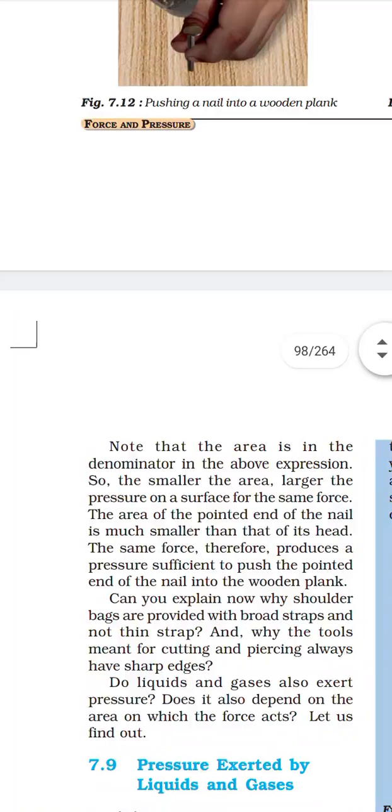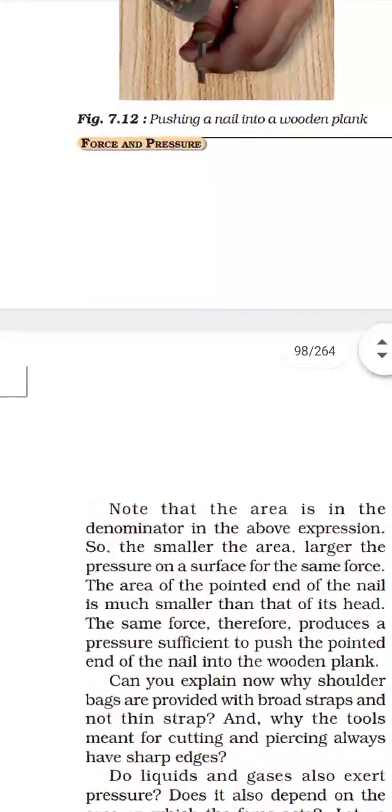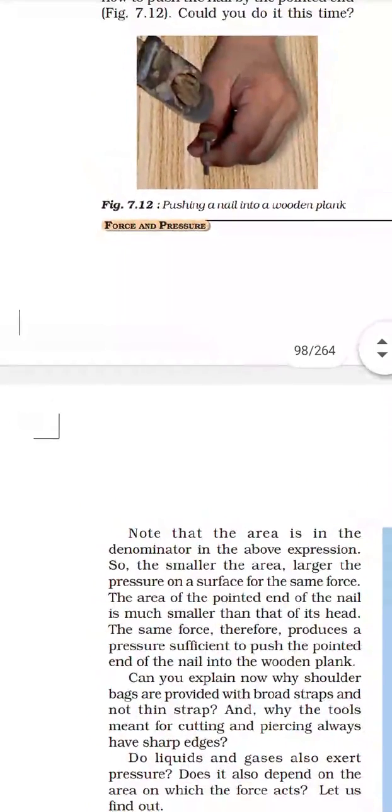Can you explain why shoulder bags are provided with broad straps and not thin straps, and why the tools meant for cutting and piercing always have sharp edges? Do liquids and gases exert pressure? So we all know that if you take a pin and try to apply force,